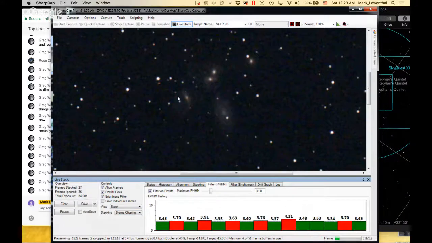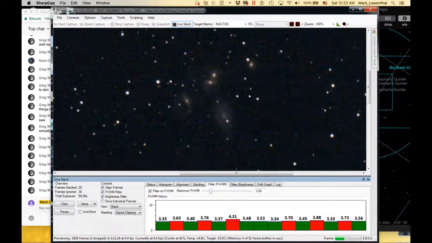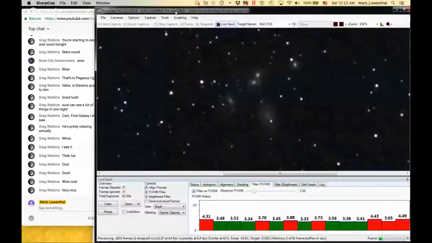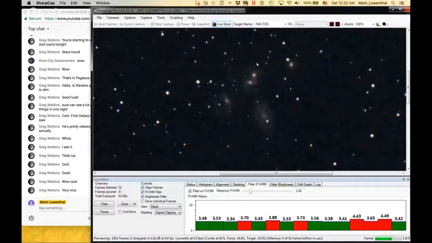That's pretty nice. Starting to get this kind of ringy thing going on here. And starting to pick up some loops and so on. And yeah, you know, I imaged this from home a few weeks back, and it didn't look as good as this. And I haven't exposed for nearly as long. Yeah, I'll let that go for a couple minutes, and that's going to look pretty nice. So I'm going to